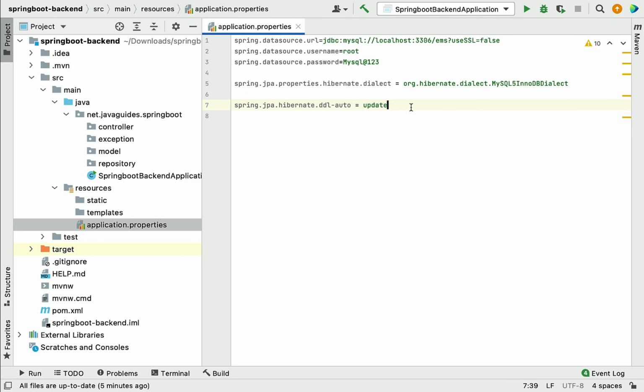Let's say if we add a new column to an existing table, then it will simply alter the table, it won't delete the table. So a very useful property. But if you are deploying your application to production, then make sure that you use the property value validate or create, or create-drop. For development I am going to use update.